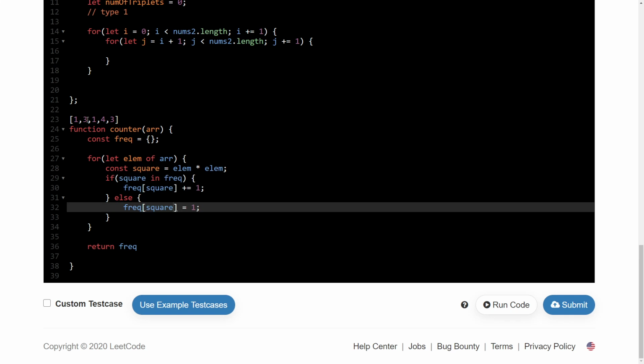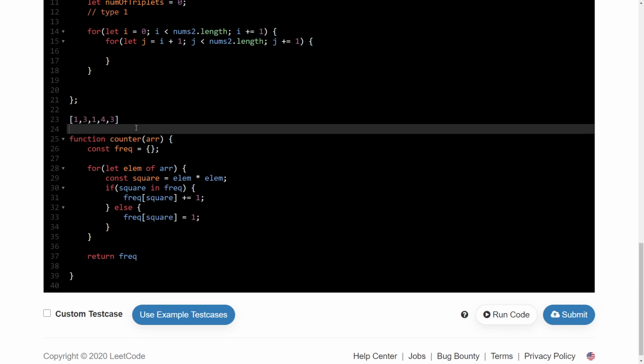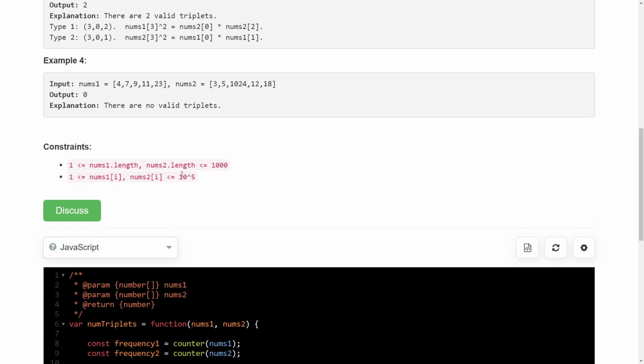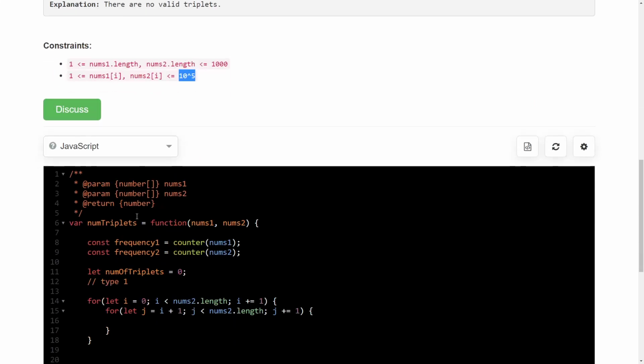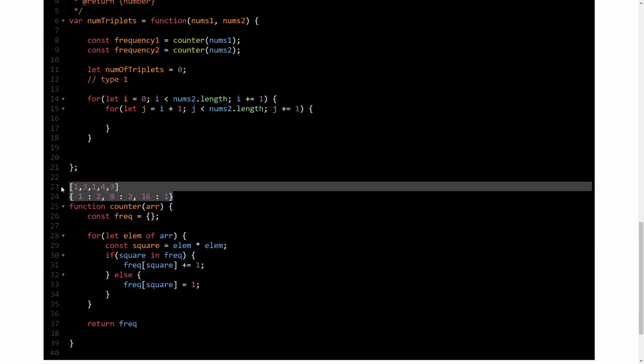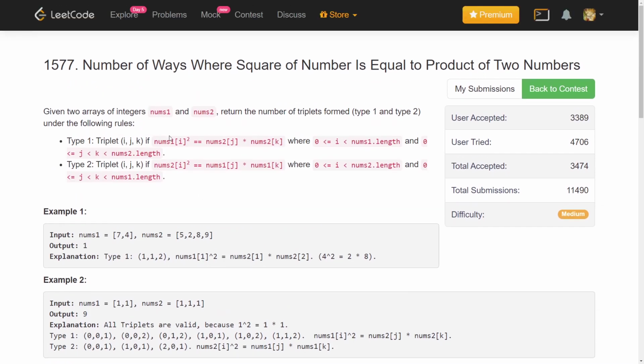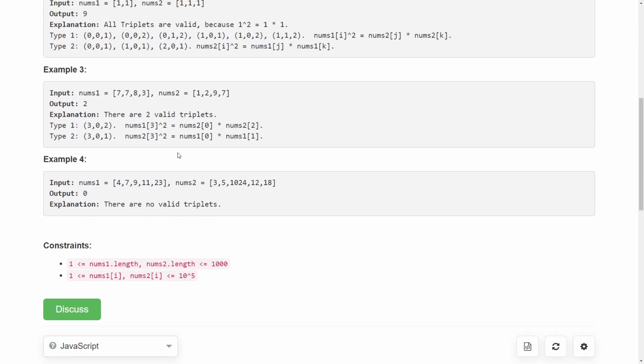So now for 1, 3, 1, 4, 3, my frequency array will look something like this. 1 square is 1, occurring 2 times, 3 square is 9, occurring 2 times, and for 4 it is 16, occurring 1 time. Just think about 10 to the power 5, that in your language it can go beyond the integer limit, but in JavaScript that is fine for 10 to the power 5. So now instead of making a set of individual elements, I am making a set of squares, because we only need to look up squares.